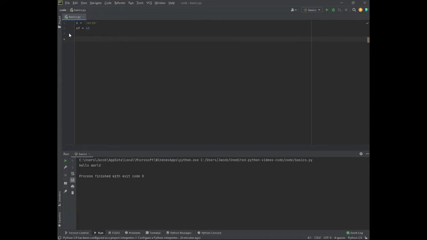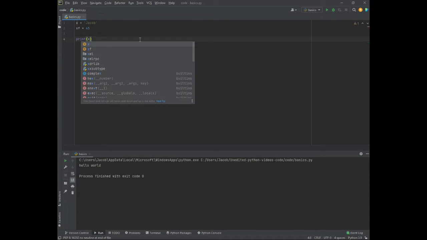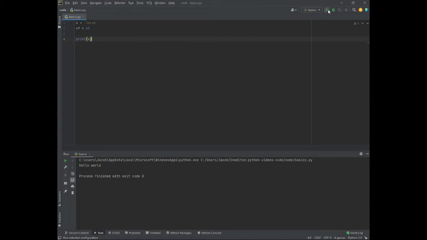Okay, so now that we have our two variables made, this is as simple as it gets. We want to print these out to the terminal, and print is a built-in Python function where you pretty much just output whatever kind of data you want. So you say print, and it's surrounded by parentheses. Any function in Python, this is how you're going to be able to tell if something's a function or not, it's if it has these parentheses at the end. So say print x, and then run. So you see on here, Jacob. We print xf,